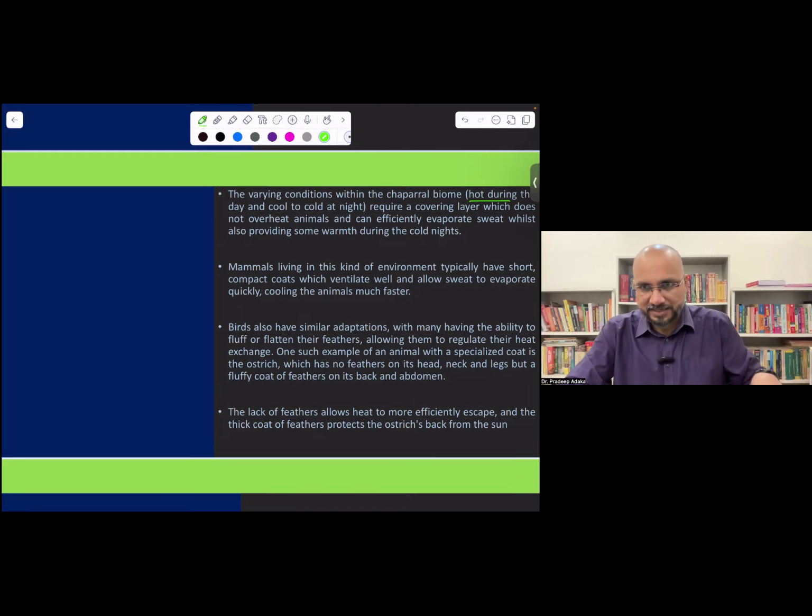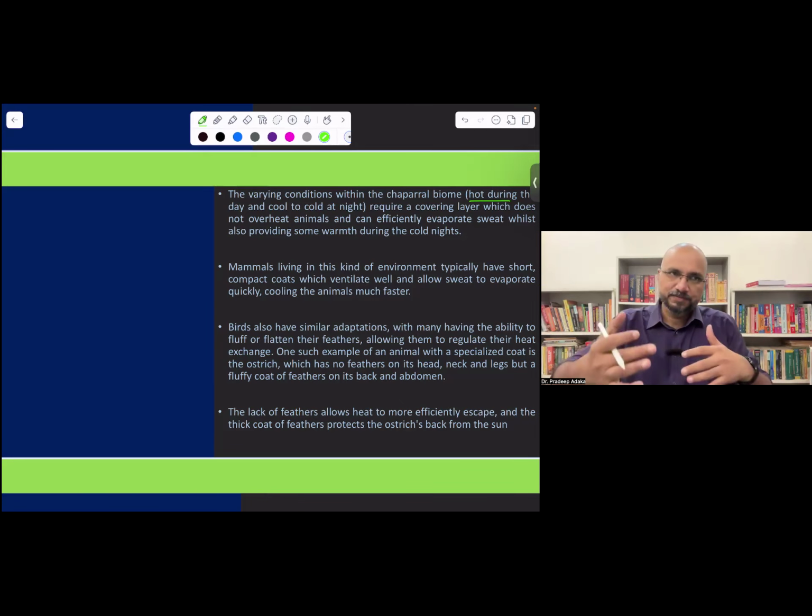Our ancestor that came down initially used to walk on four legs, but later slowly started walking on two legs. Now as they came to the ground, they had to find food and hunt, so they had to run. During the running, the body temperature increases, right? If you have a lot of fur or hair, heat will not be lost easily, right? You have to sweat.